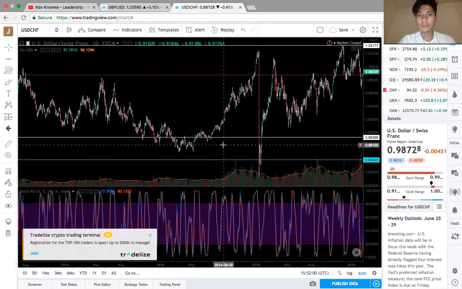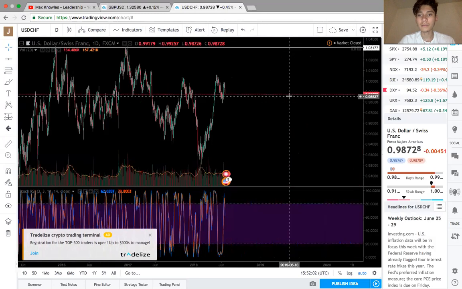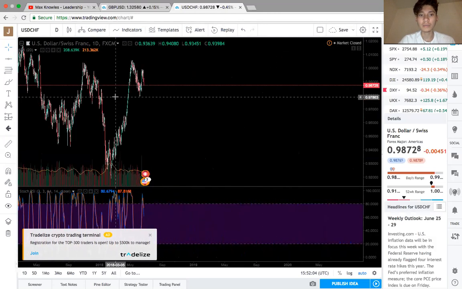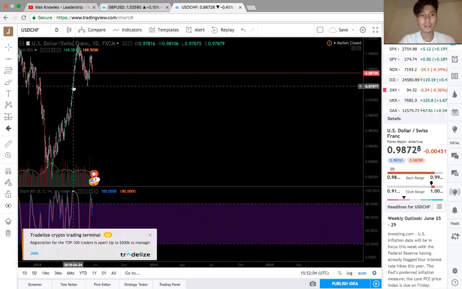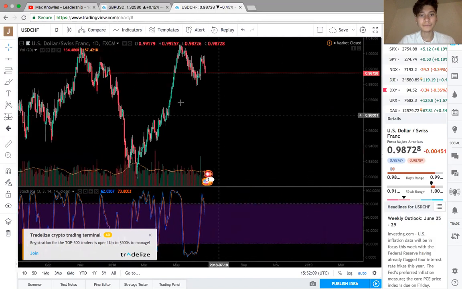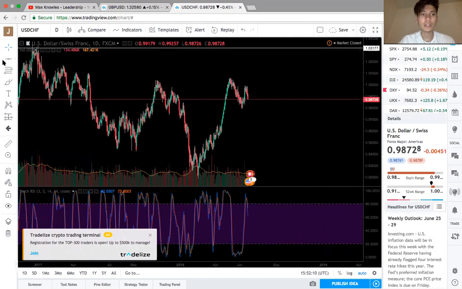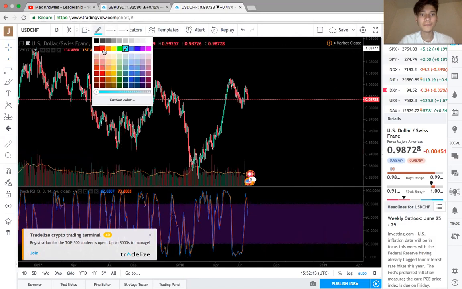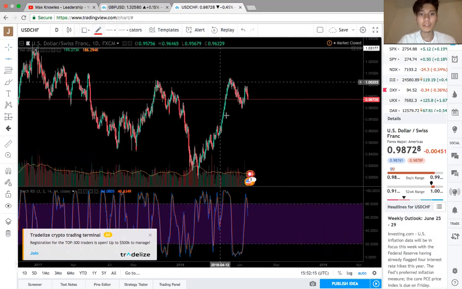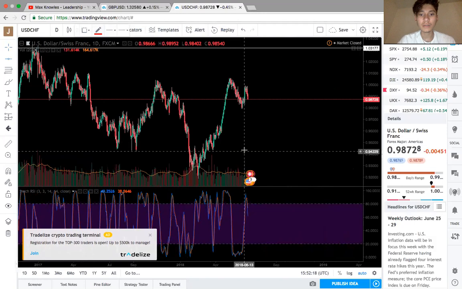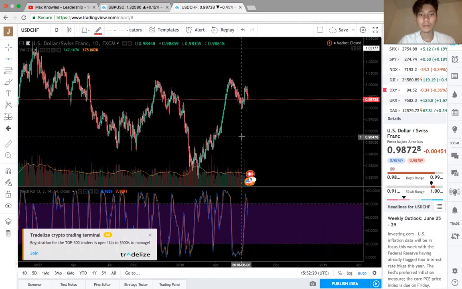For the most part, just off of support and resistance off of my weekly, the USD CHF has been respecting it perfectly, right? Kind of looks like right now it's forming some sort of pattern. Okay, so one thing that I would do is chop this up even more. So now my daily support and resistance I'm going to use as red. I'm just going to look for some key levels to put support and resistance, like